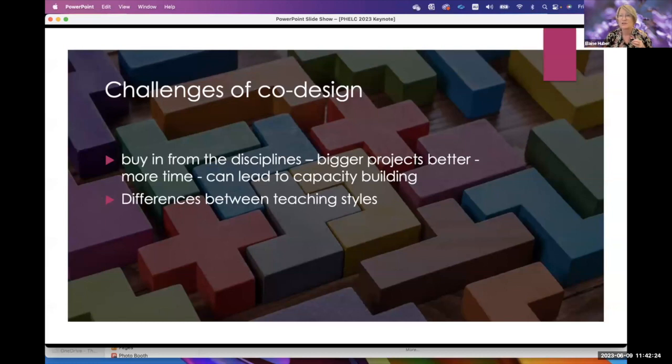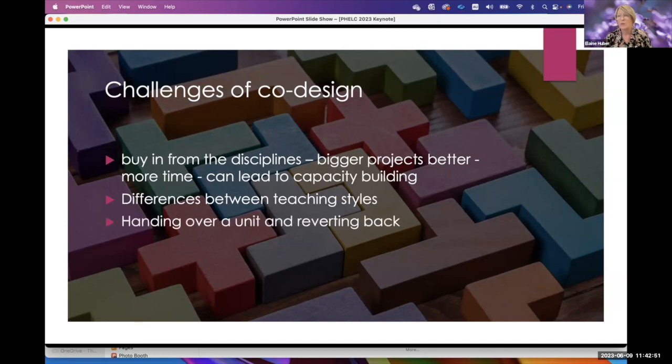We do struggle sometimes with different teaching styles because our big units, a different coordinator might teach it one semester and then it hands over to another person the second semester, and they have different styles. If we've only worked with one person, then they don't want to teach in that way, and they want to change it and do something completely different. So we try and get both sets of teachers and teaching teams involved in the co-design process.